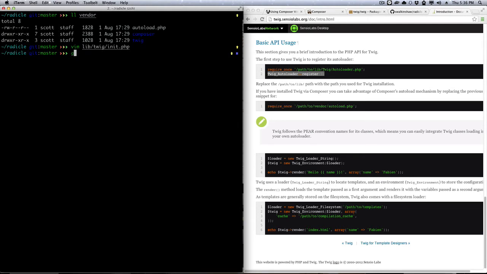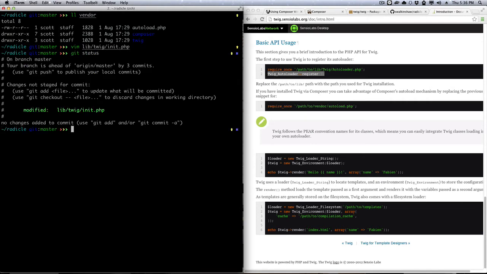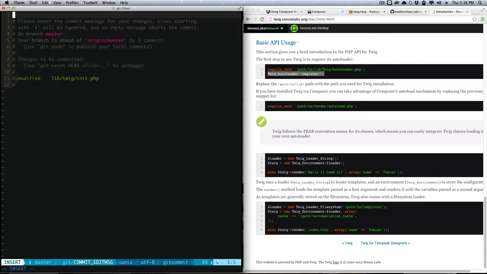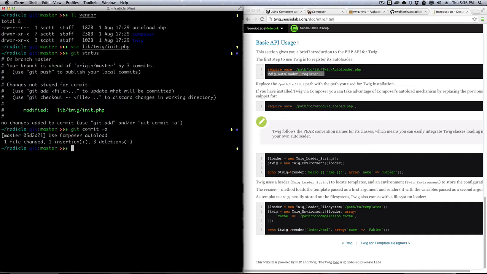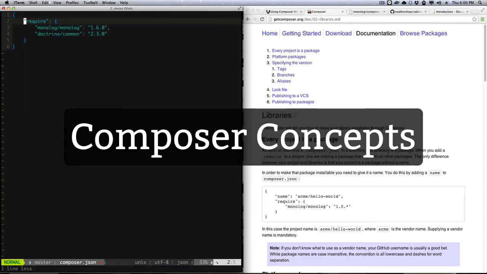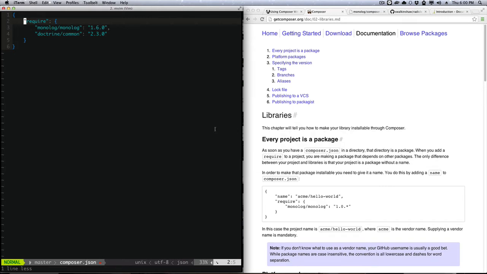And that's it. If we run git status, let's commit that file, use Composer autoload. And that's it for a retrofit. We're getting closer to the main WordPress section of the screencast, but first we need to understand a few core